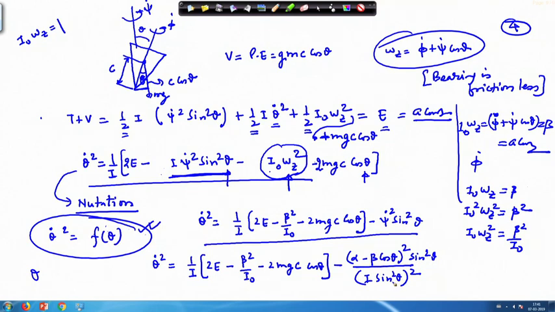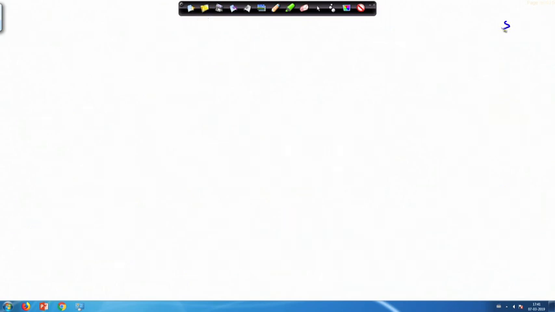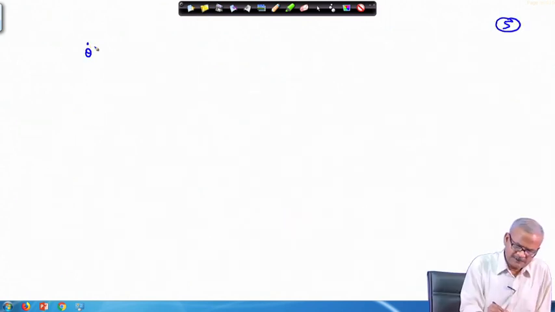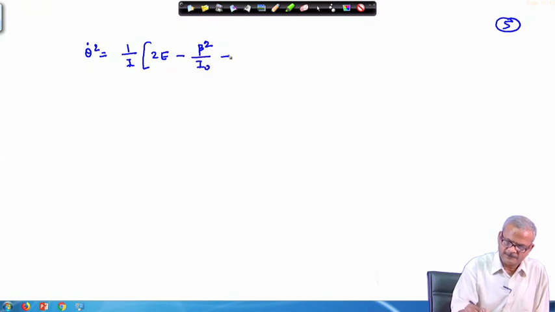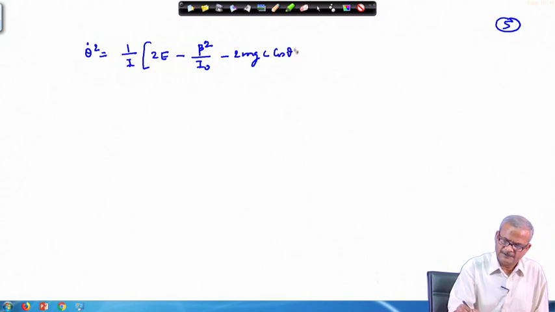Sin square theta is appearing here, so this will be sin to the power 4 theta. So, we can cancel it and rewrite this term. So, your theta dot square then gets reduced to 1 by I times 2 e minus beta square divided by I 0 minus 2 m g c cos theta